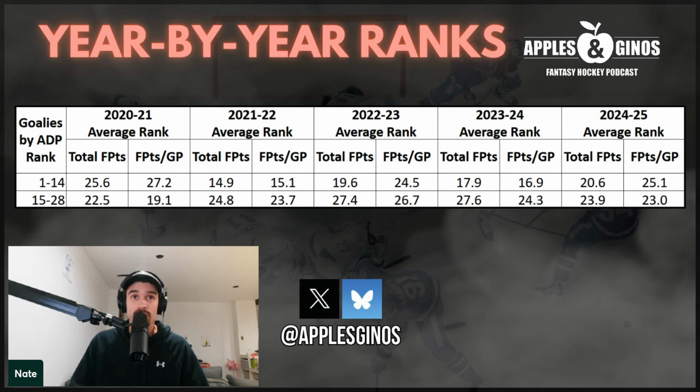So what we can draw from 24-25, if you're just looking holistically at the top goaltenders versus the next tier of goaltenders, which I think is a pretty good method: oftentimes you'll get somewhere around 28 goaltenders drafted in a lot of drafts, 12-team league. What would that be? 8 teams draft 3 goaltenders, and then you've got... No, that math doesn't make sense. I shouldn't have tried to do math live on the podcast, that's for sure.